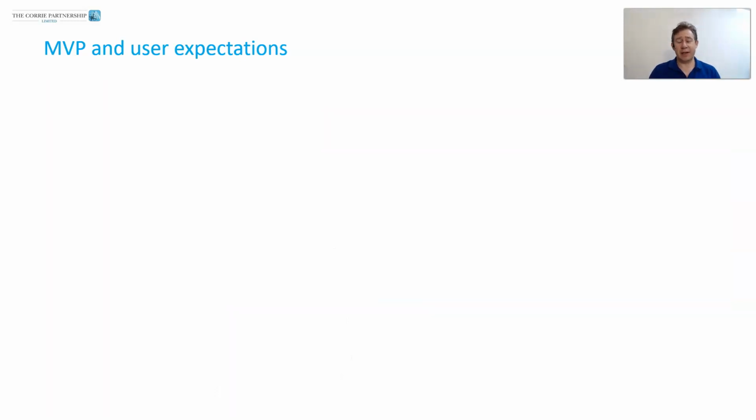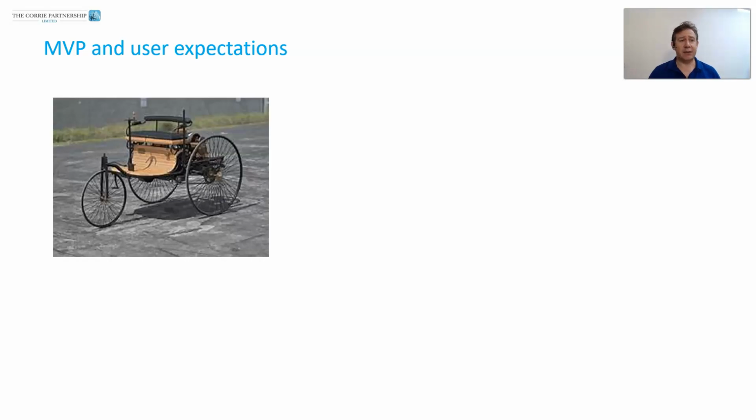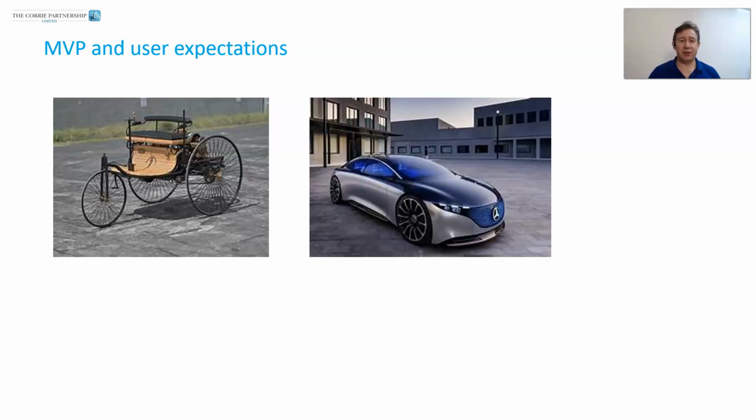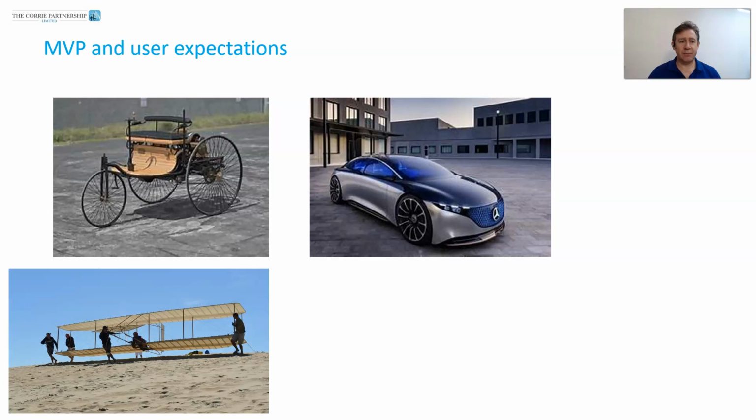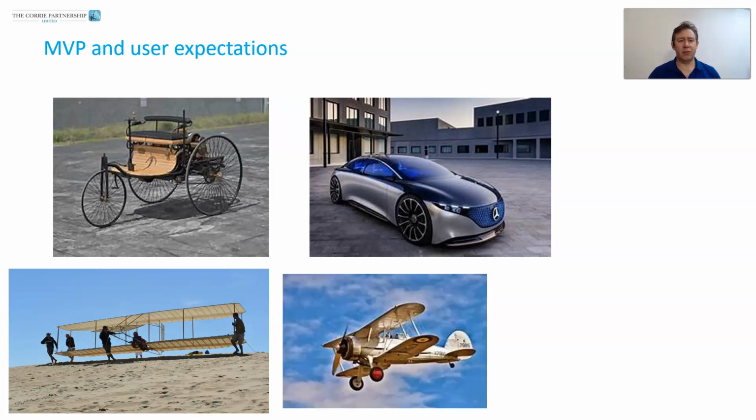If we were to look at some examples, again going back to the past, this here is a model of one of the first cars. Or the first car ever produced. Does it have value? Is it of use? To an extent, yes, but obviously it's not what we're used to now. But there was something there that we could use that made it better than whatever the alternative was. Compare that to one of the first flying machines. Of course, apart from a bit of an adventure and a bit of excitement and prototyping and testing things, probably those really had very little value until we were able to evolve that product onto something else.